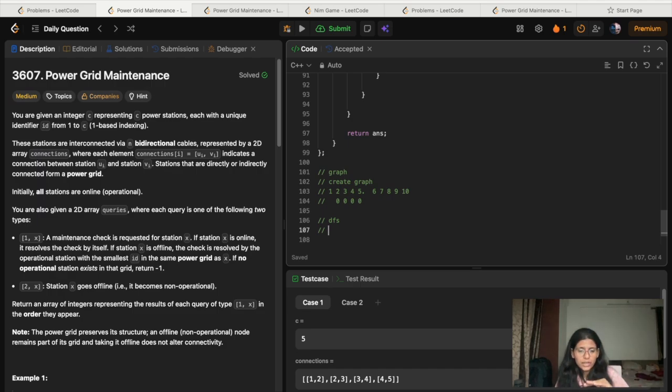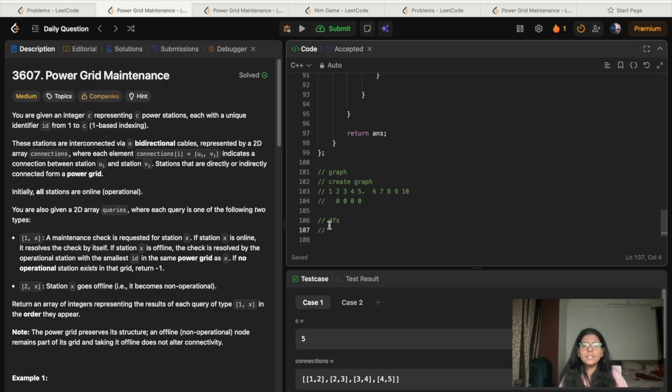After that I'll check if that node is online, then take the maintenance request. If it is offline, then check at what index the set that node is mapped, go to that index and take the smallest one from that set, and that will be the answer for that node. And if that set becomes empty, then the answer will be -1.